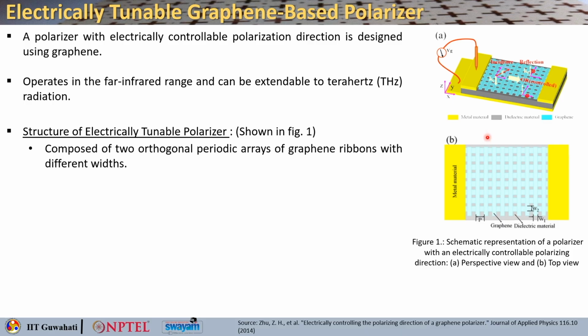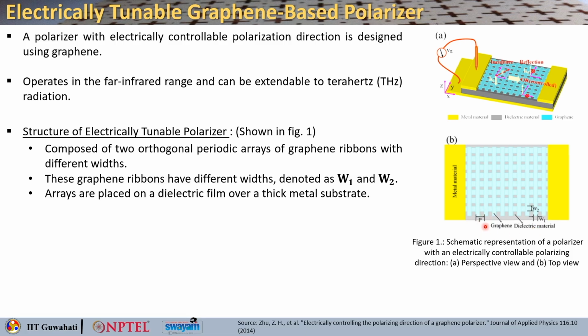So, you can see it is basically composed of two orthogonal periodic arrays of graphene ribbons. There are X ribbons and Y ribbons, and they are of different width. The width of the X ribbons is W2, the Y ribbons is W1, and the periodicity is P. Now, as you see here, these ribbons are basically placed on a dielectric film over a thick